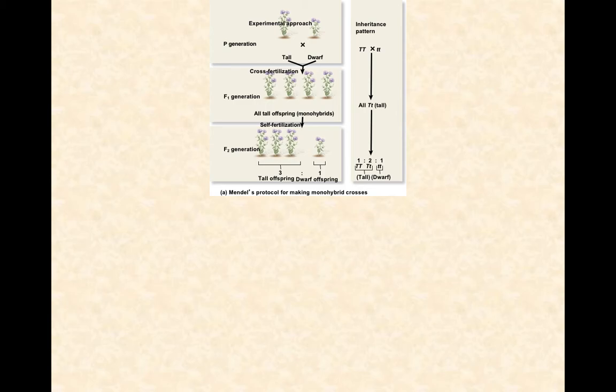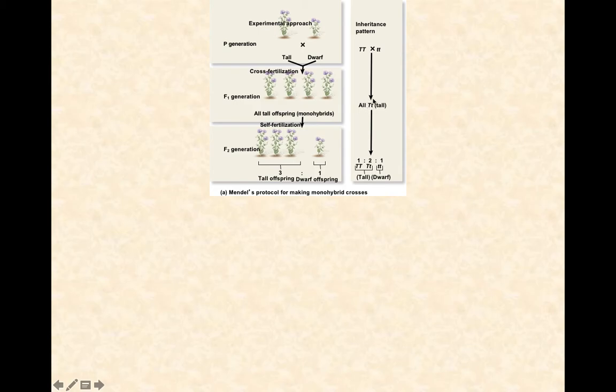The tall allele was expressed, and 100% of the F1 generation showed the tall phenotype. Makes sense. So that's the idea of being heterozygous. So we crossed a homozygous dominant